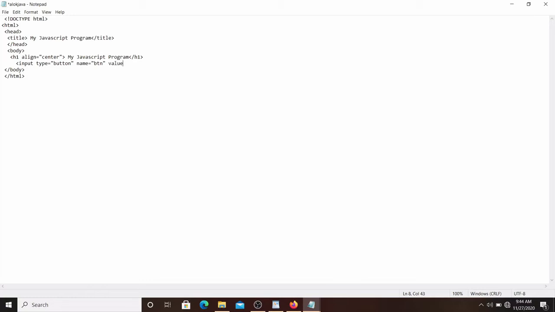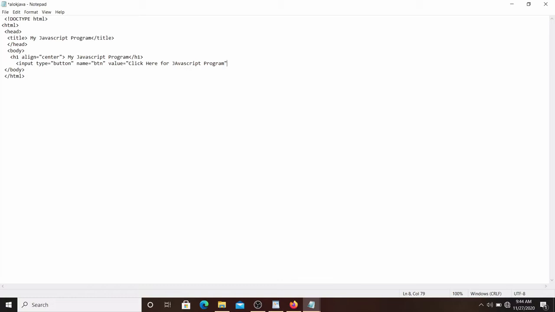Whatever name you want to display on this button, you can write under the value. So value, I can write here, click here for JavaScript program,